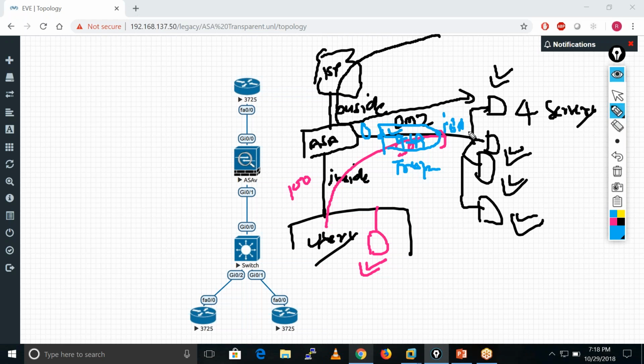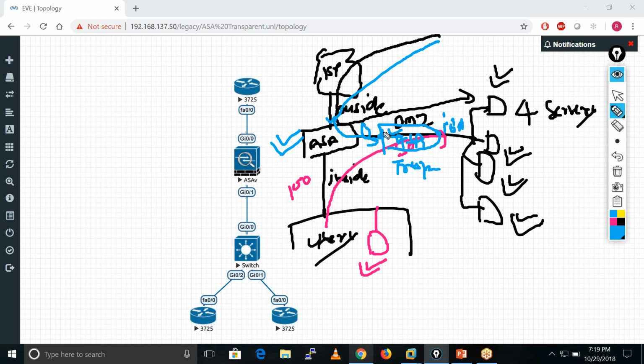It protects our servers from inside users as well as from outside users. If the other firewall misses a particular attack, we have one more layer, one more firewall, giving us the same kind of protection, right?